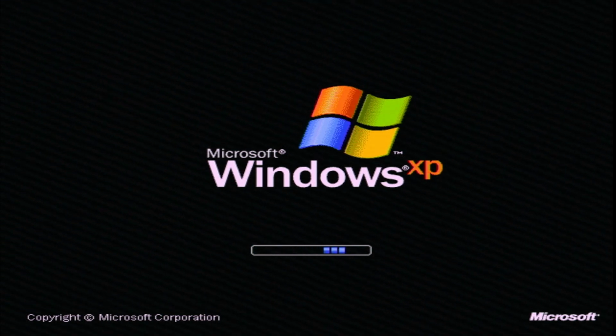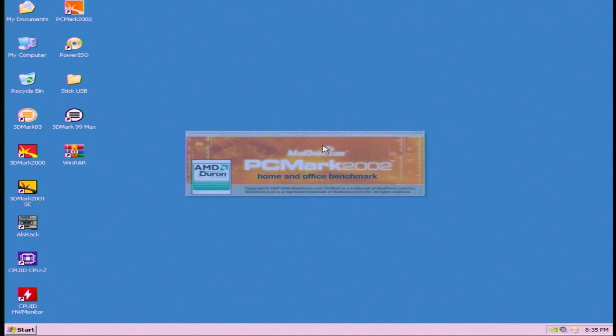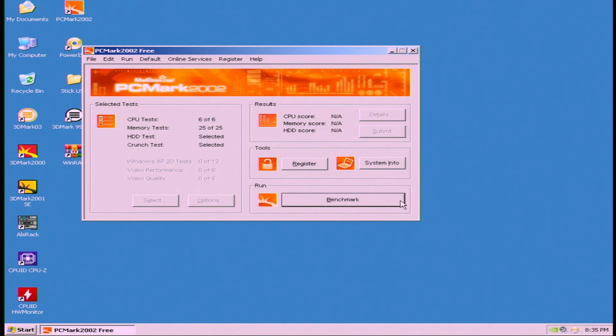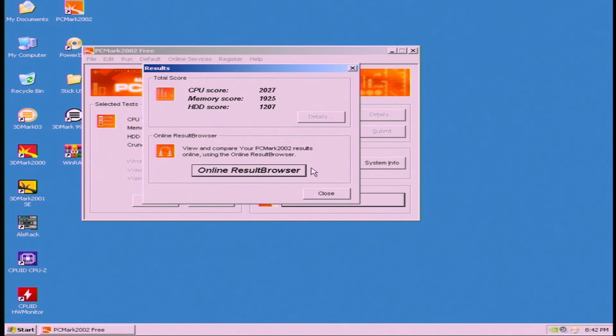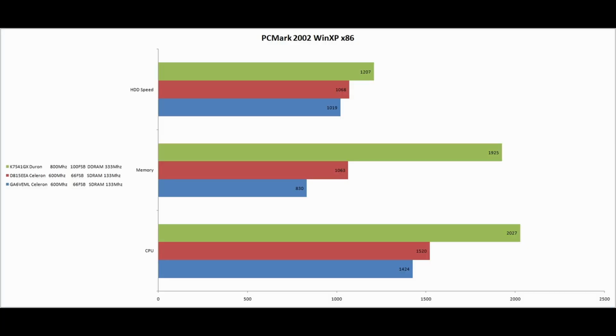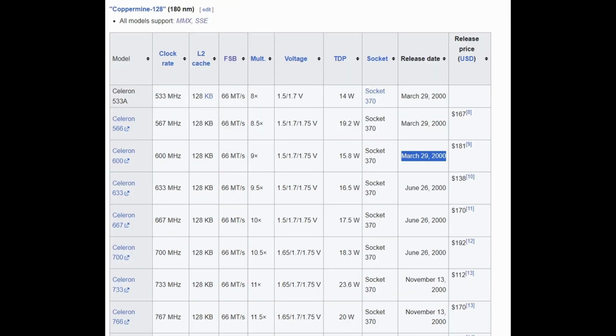Well, now if we check its performance on PCMark 2002, I was really surprised to see that the scores were quite big, and it is a massive difference between the Celeron and the Duron in all types of performance. I double checked it. They were released in the same year at the same price. The Duron was released in October 2000 and the Celeron in March 2000, but the gap of the performance is